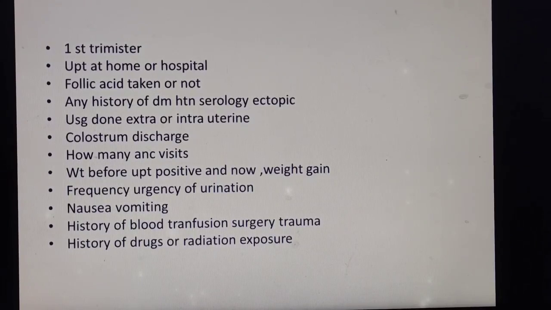Sometimes you have to maintain the hydration of the patient, because the patient is vomiting so much and the HCl goes out. With all the acids going out, the patient will become metabolic alkalosis, right? So these are the things that you have to make sure of whenever the patient is vomiting too much. Along with this, you have to ask the patient, are you having any history